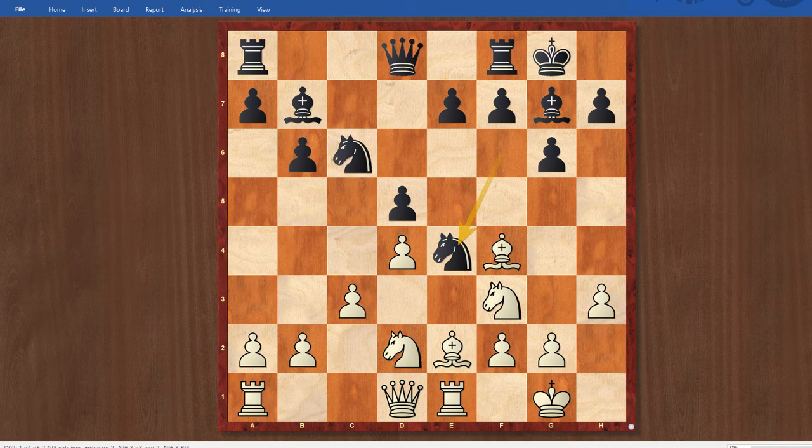After knight e4, I played the move bishop f1. My idea was again to just challenge this knight on e4, and now I'm actually threatening to take it, because I can just win a pawn with rook takes e4. So now black actually has to justify the position of the knight on e4, and he did so by playing